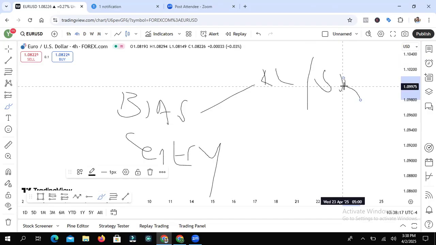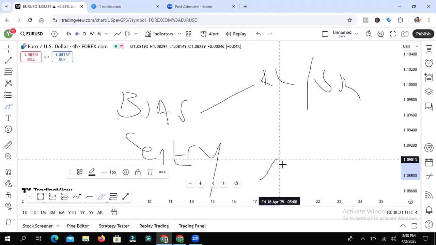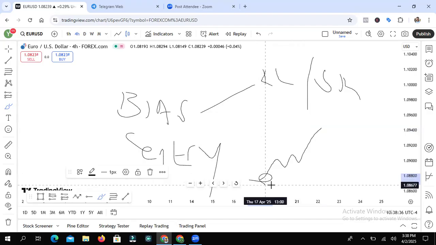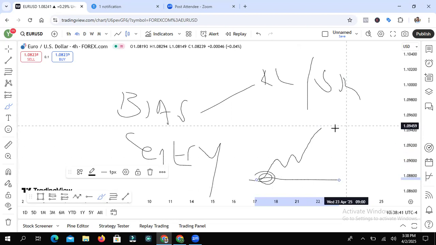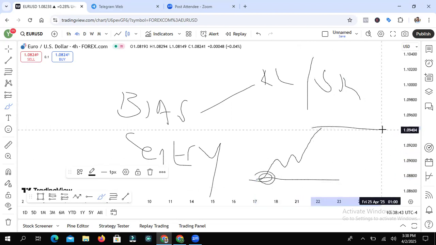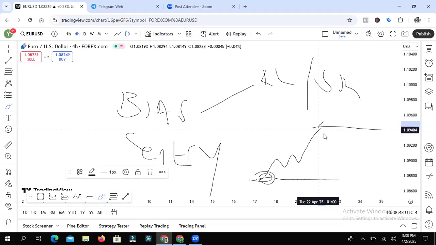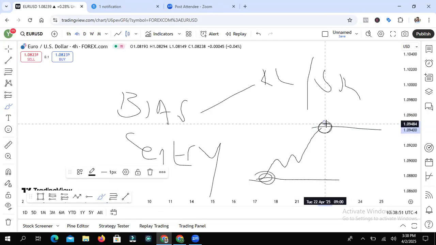So, like I said, key levels are decision points. We use them to start a trend and we use them to end a trend. That is, if the market wants to buy, it starts from a key level. Once a buy wants to start, it starts from a key level. You see this point right here, it will be a key level. This starting point will be a key level. Now, if they want to end this buy, they are going to end it at another key level. This will be another key level.